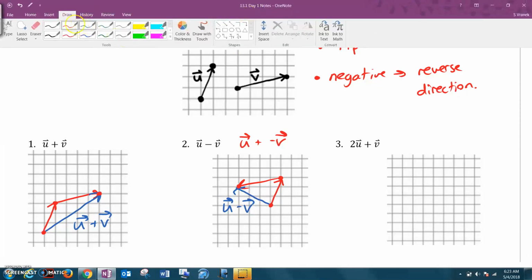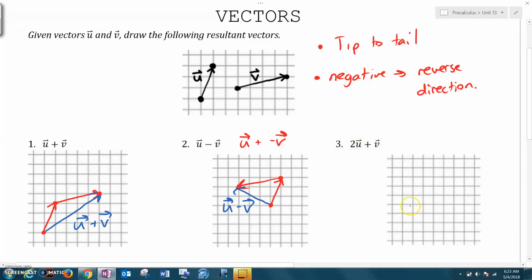Finally, we have this next one. Hopefully you guys figured this out. If you have 2 u's, that means you just do u twice. You're extending it. So there's 1 u, but I'm not going to finish there until I do it again. By the way, hopefully when you're doing this, you realize it's kind of like you're doing a slope of a line. So that's 2u,